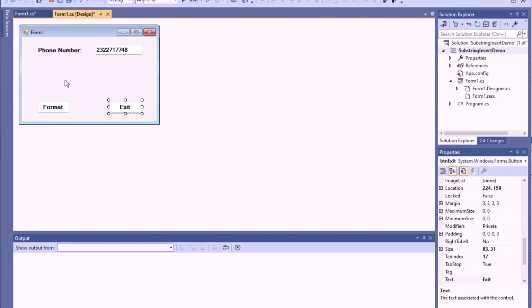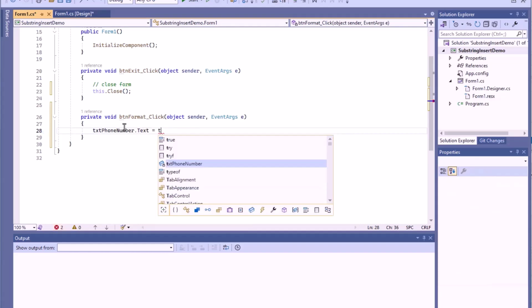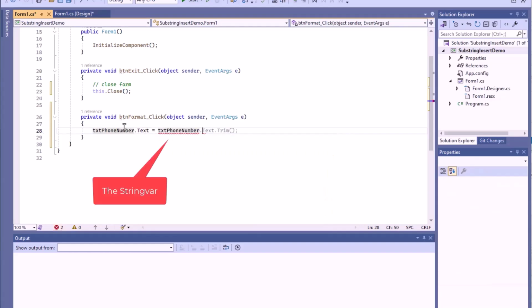And all we want to do is do the format piece on this. So how are we going to do that? Well, we're going to go to the format button, double click to get our button going here. And we're simply going to say that txtPhoneNumber.Text is going to be equal to txtPhoneNumber.Text, and we're going to say Insert